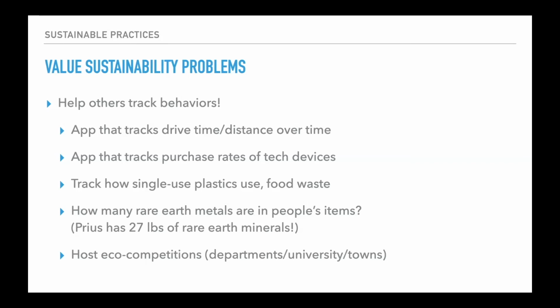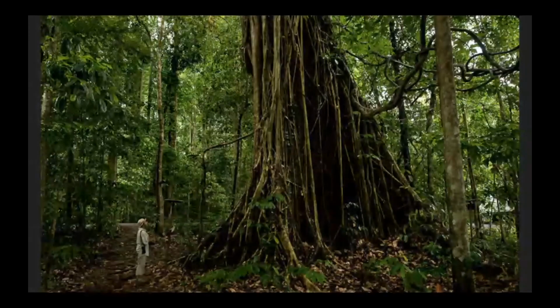What about an app that tells you how many pounds of rare earth metals are in your house? That could be cool, a fun thing that's just fun to think about and good to be aware of. And maybe you guys are hosting eco competitions. I kind of think of what Boulder does, where you scrape the waste, all of your extra food in the dining halls, and you see how much food waste accumulates. Maybe you do a virtual version of that, or maybe you do a competition where you see how little waste people can produce. And those are just a couple ideas to really think about.